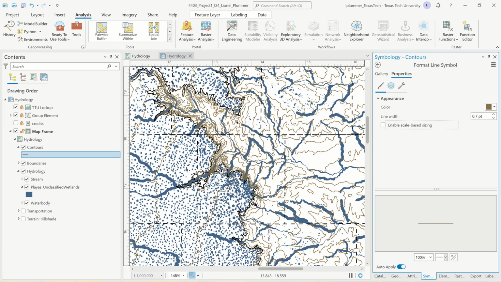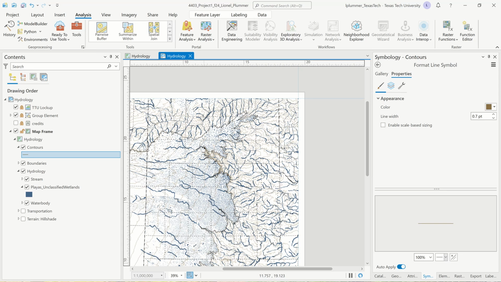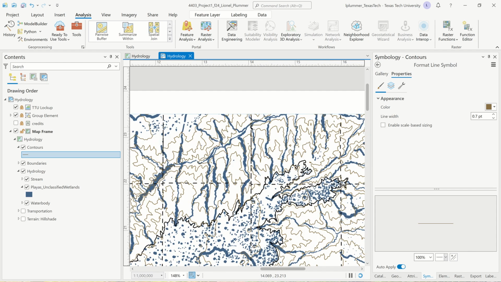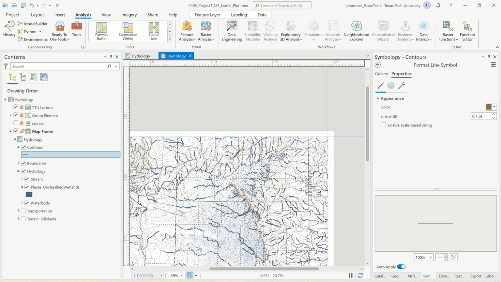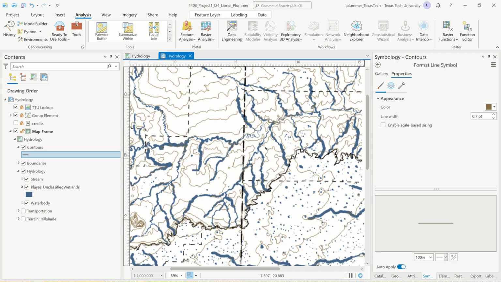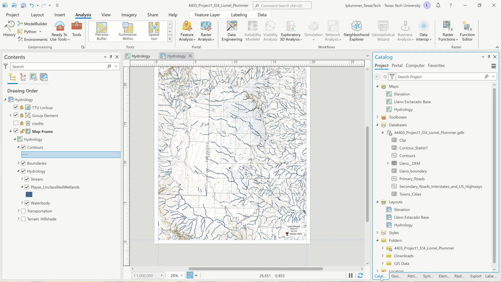Let's see how that's looking. Okay. So at this zoom scale, it doesn't really look so hot, but what's nice is you can really see how the contours and the hydrology work together. Okay, so let me try one other thing. Okay, because I want to show you that relationship